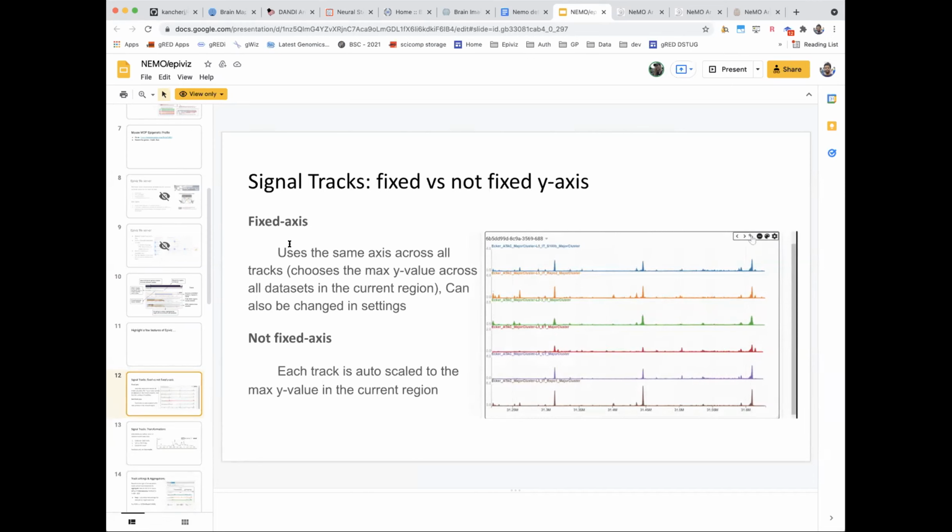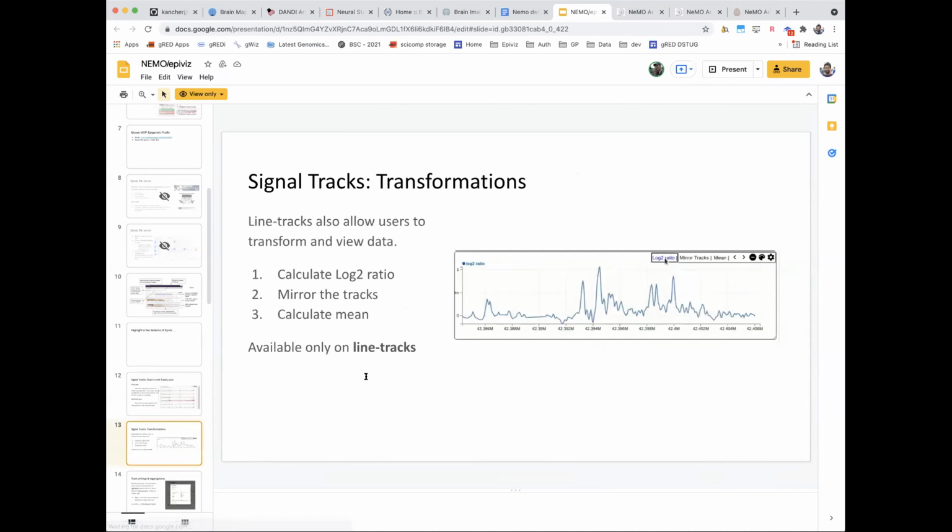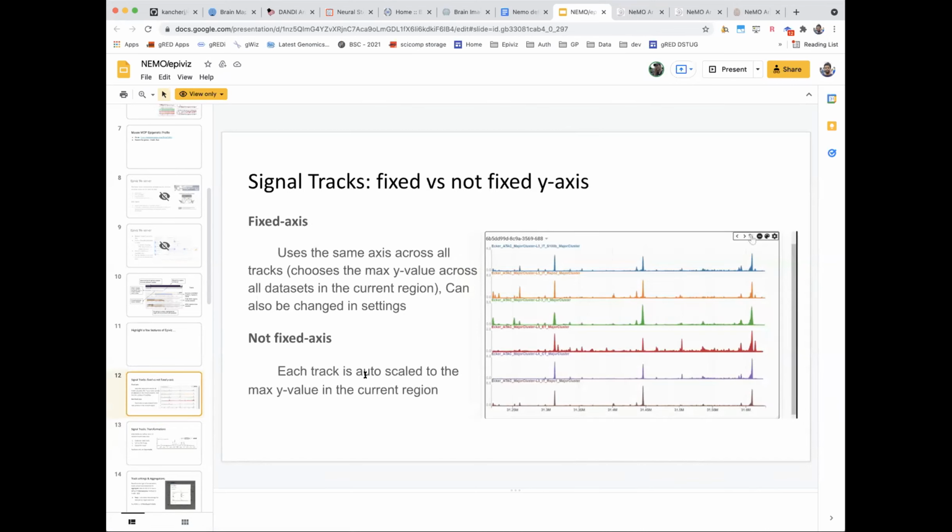So when you create a visualization, you can choose that all the tracks use the same fixed axis, the maximum Y value, so that it's more relatively comparable across data sets. But if that's not the case, you can also choose them to not have a fixed Y value, so you're looking at data that is per data set or per track.